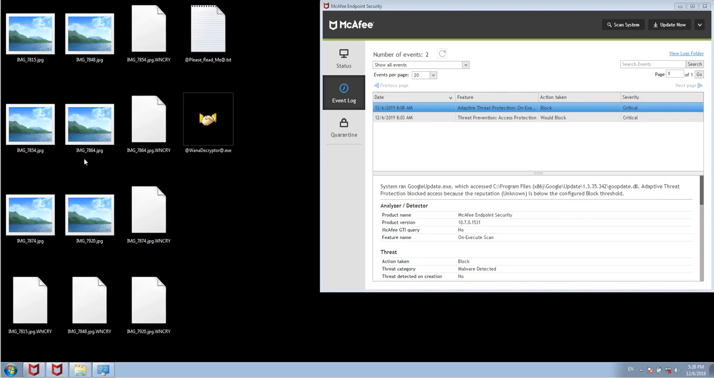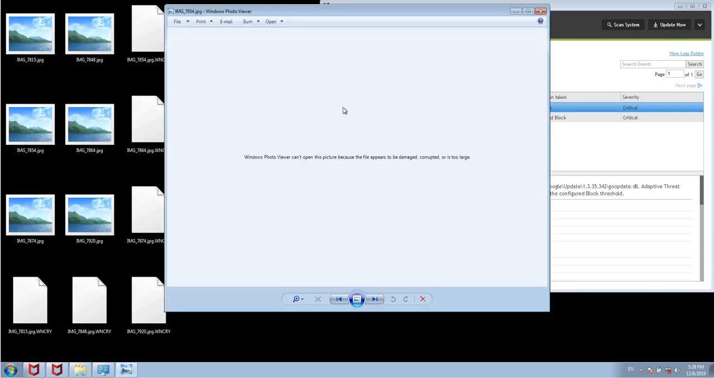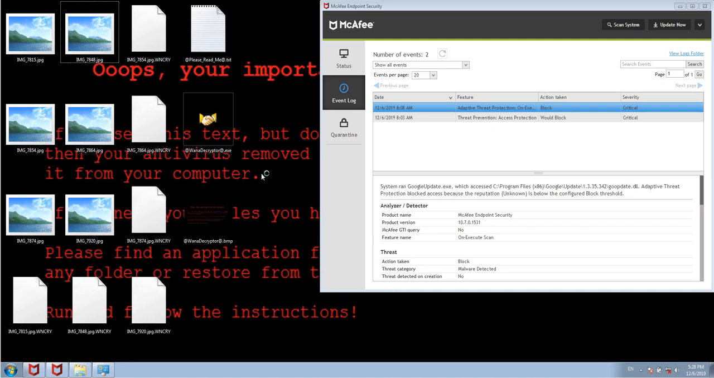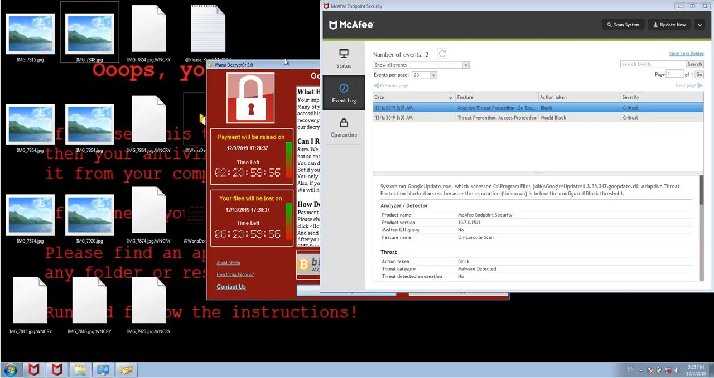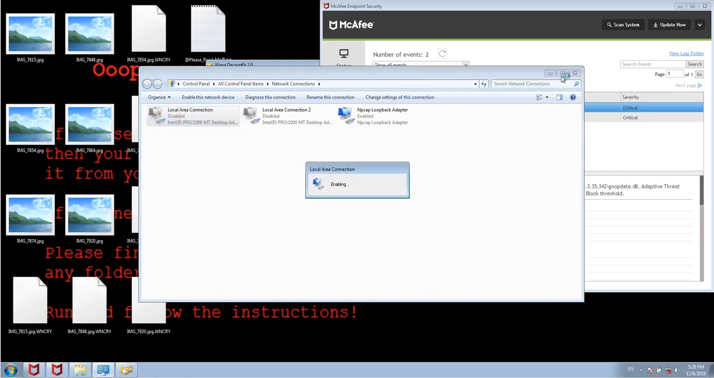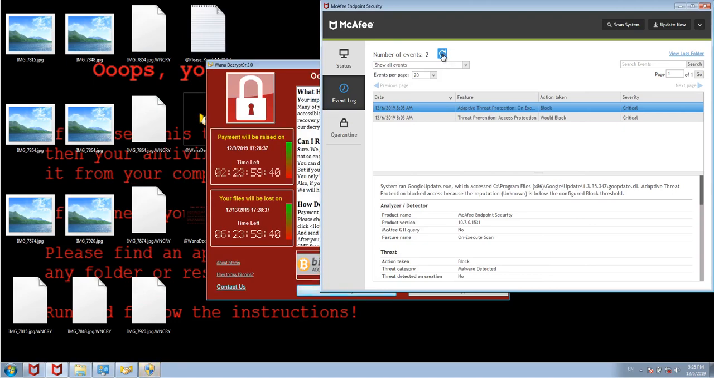So let's wait. Oh, so now my photos have disappeared. My photos are corrupted. But I don't want to pay them. I don't want to pay them to get my photos back. So what can I do? Yeah. Again, I made this demonstration special for you. So I enable the internet connection again, and